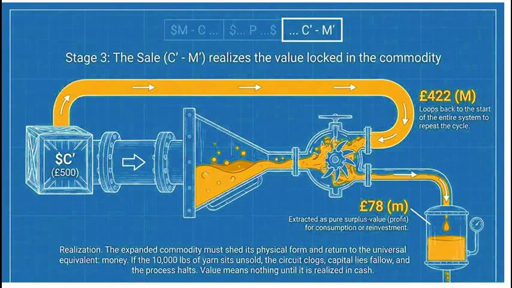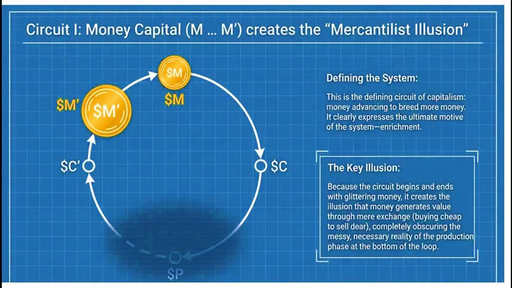at its real value. Now, what's really interesting about this is a fascinating exception pointed out in the text, citing the economist A. Chuprov. Think about the transportation industry, like a railway. What is the commodity a railway actually produces? Well, it's the change of location. But you can't box up a change of location and sell it later in a market, right? In transportation, the useful effect is consumed during the exact process of production. Therefore, the formula actually skips the C prime stage entirely. It jumps straight from production to M prime because the locomotion is paid for and consumed the literal moment it happens. Pretty wild, right?